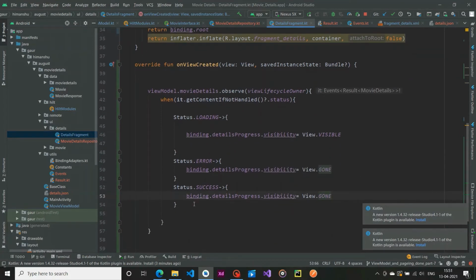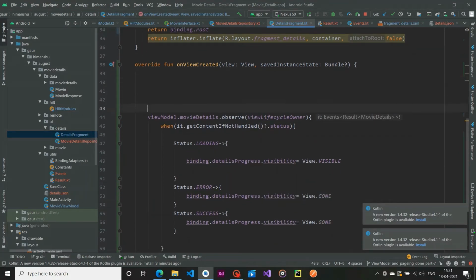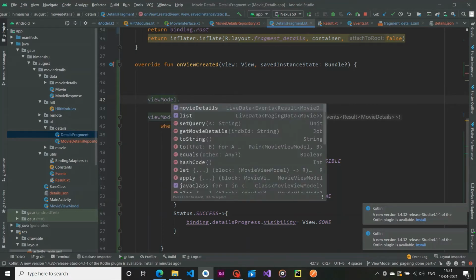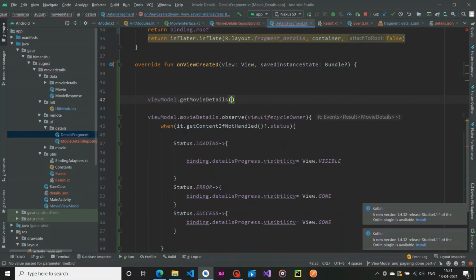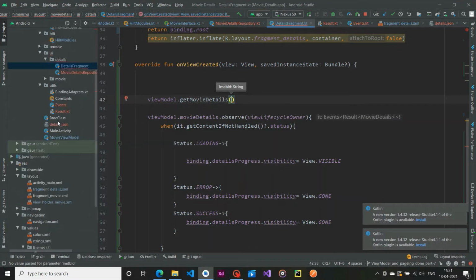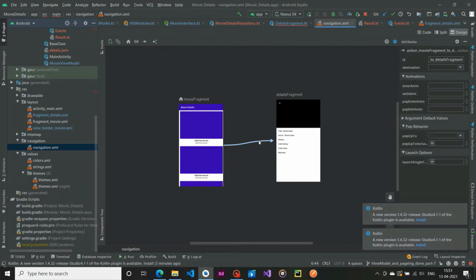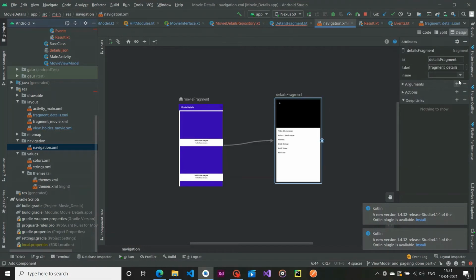All right, everything is fine, but we have to pass the IMDb ID in our get movie details. That IMDb ID is coming from our main fragment. So go in our navigation, and in the design mode click on this link, or you can say click on the detail fragment, and add an argument.